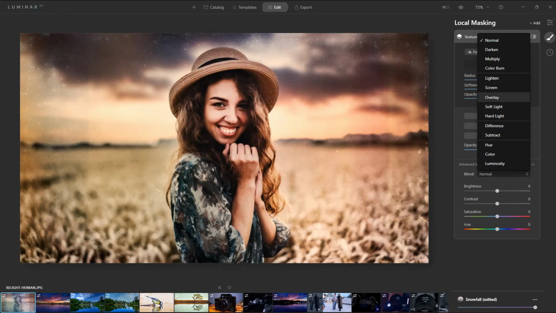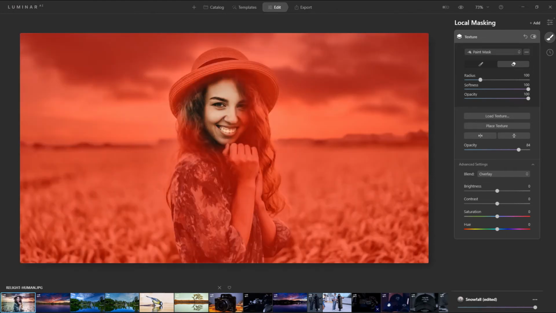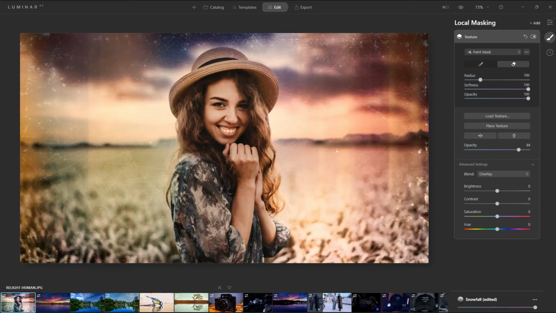Or I can go to overlay, play with it there to give it that different look. And if I wanted to mask it out, I would just click on the eraser and mask it out from her. I'll just do this really quickly. I would normally take my time. So if I wanted the overlay around her, it would just show up there.